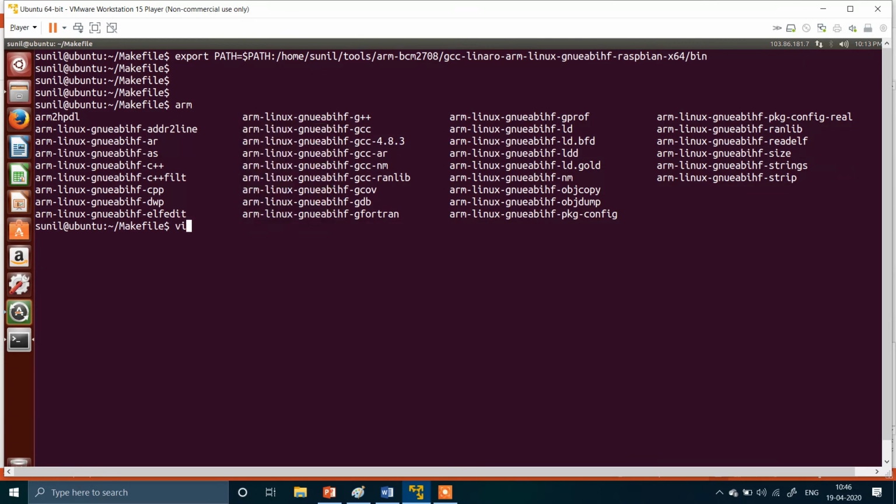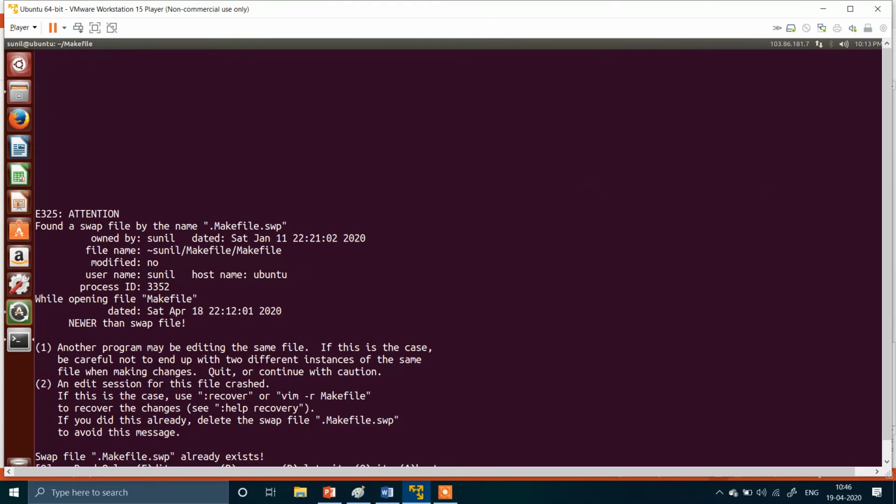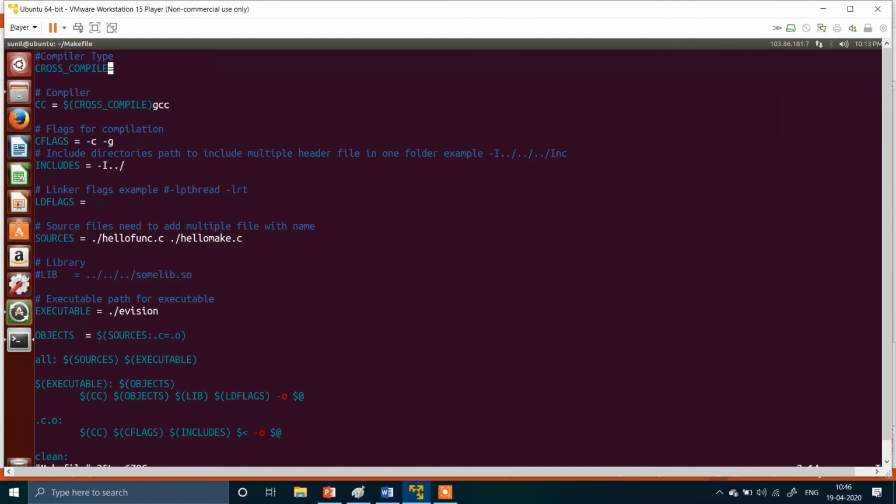Just open the makefile, and in cross compilation you will have to specify this. This is the value of this variable, so here it will use this, and GCC will automatically be added after this hyphen.